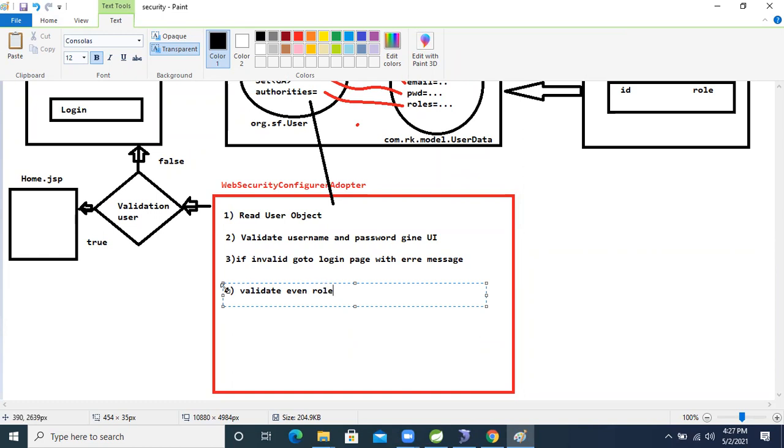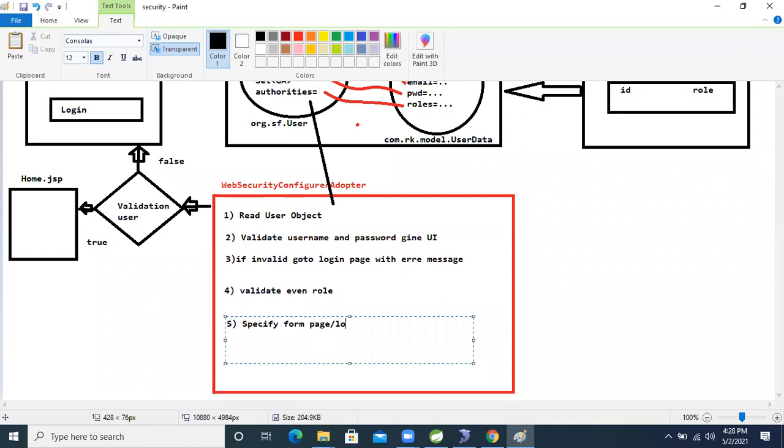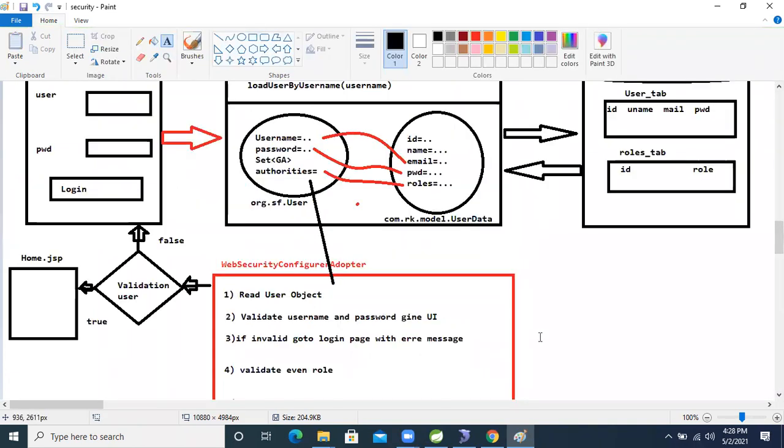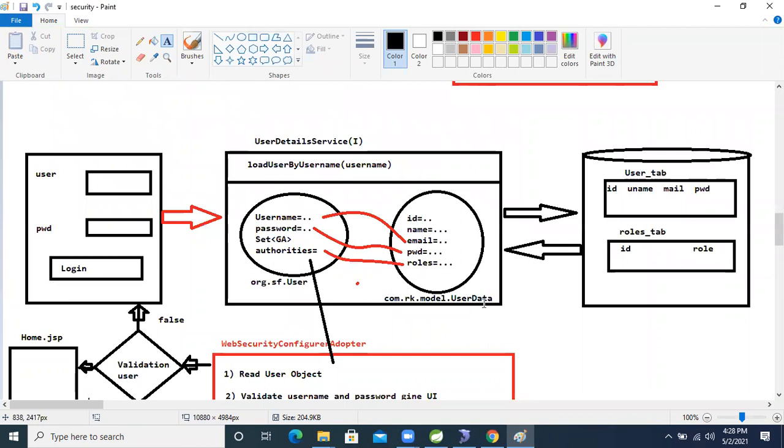And the last operation, the fifth one: specify the form page, plus logout and exception handling. To perform security, we need to perform this much operation. So let's do it practically.